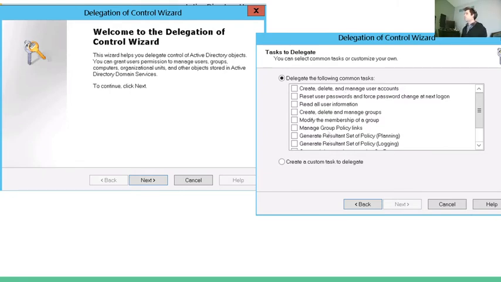These are all common day-to-day sysadmin jobs that you can delegate to members of a particular organizational unit. My help desk is in an OU. They can manage accounts. They can manage our Jira ticketing system. All of these common tasks can be automated.